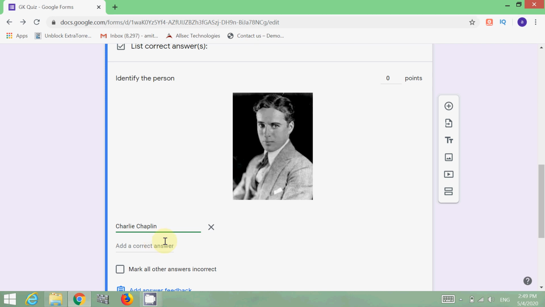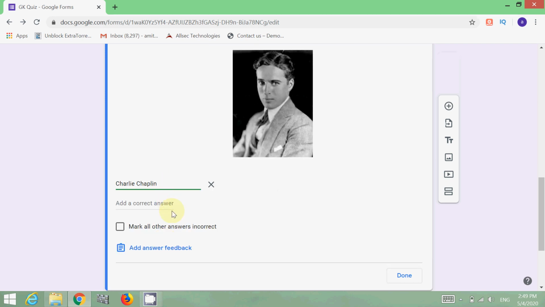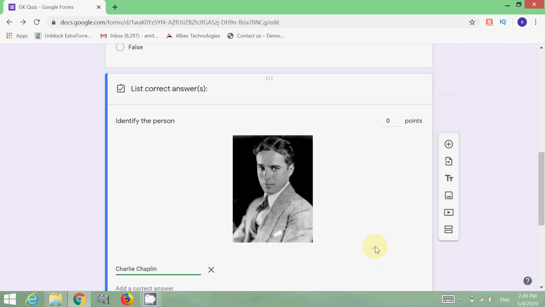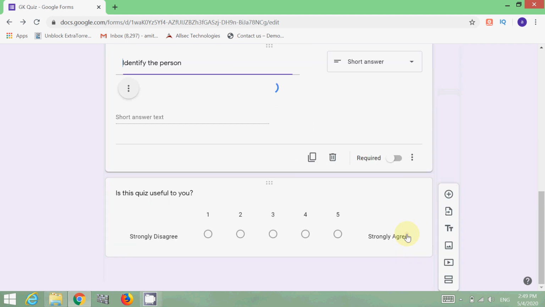So you have to write down the multiple possible answers over here, and you can also select mark all other answers incorrect. If students have not written the particular answer, then Google Form will consider it a wrong one. After adding the answer, I'm adding the marks, that is 2 marks, and clicking on done.